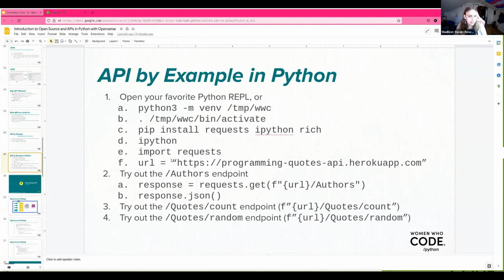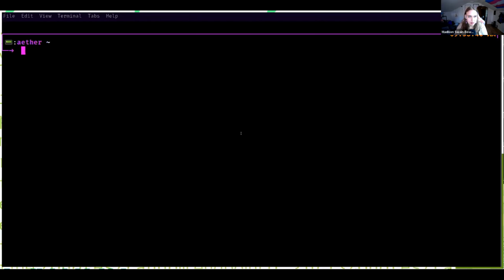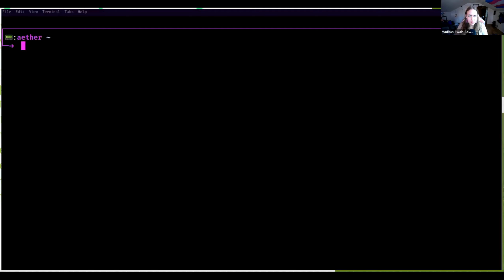So next, let's try doing the same steps in Python. So I'm going to do yet more Zoom juggling. Give me just a moment. Okay, hopefully everyone can see that. I'm going to make this super large.